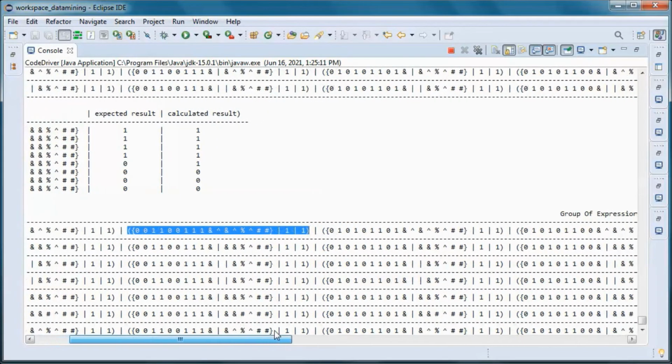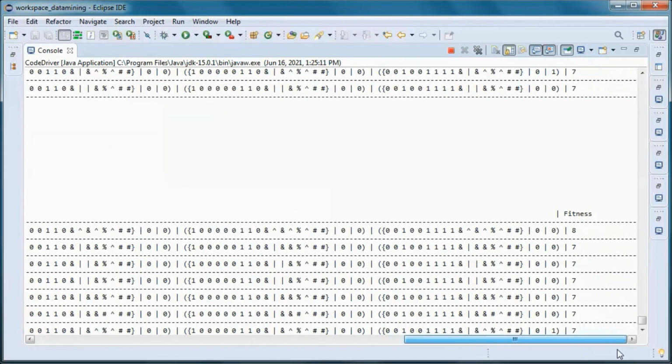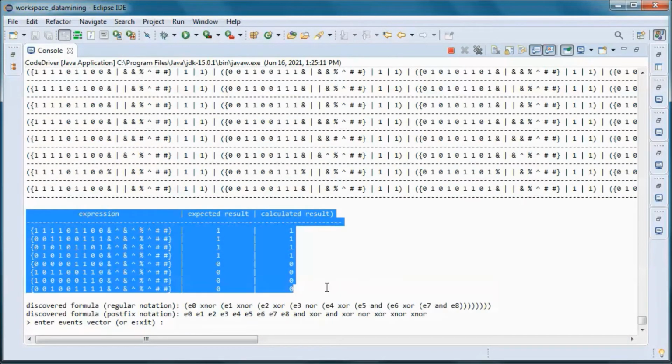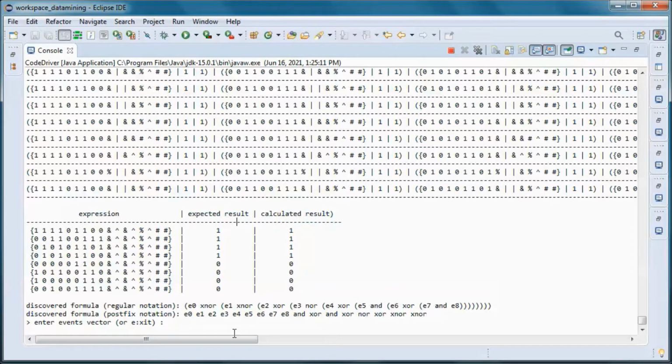And each row has a group of expressions, and we have 8 expressions here, so we ended up with a fitness of 8, which means all the calculated results are the same as the expected results.